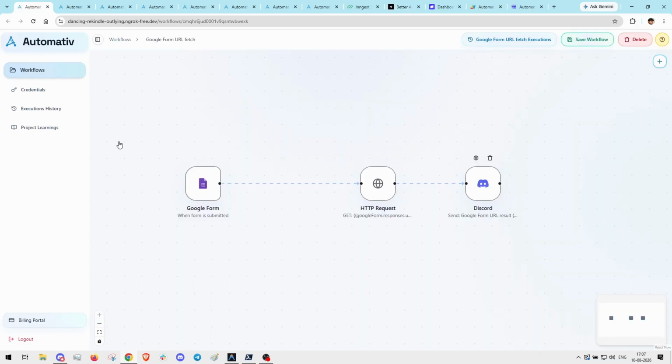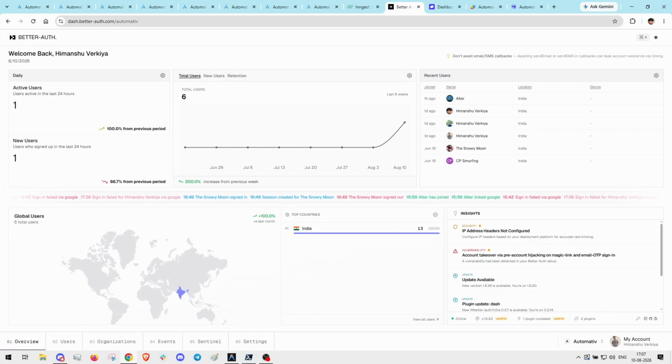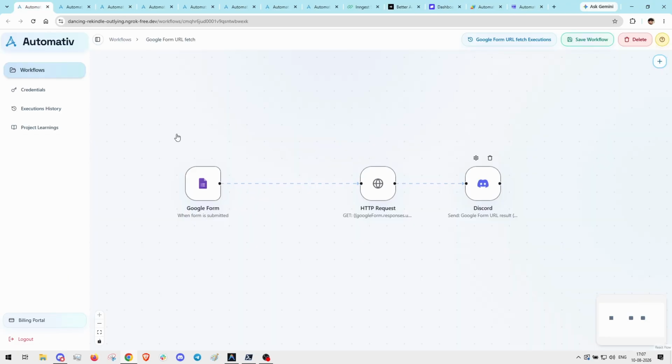What I'm doing here is that I've already logged into an account and subscribed to the Pro plan. Polar is handling our billing aspect, while BetterAuth and Google OAuth clients are helping us manage the application identity and user sessions. Configuring Google and GitHub OAuth clients alongside BetterAuth, we have a seamless social sign-in experience. Now, as for the